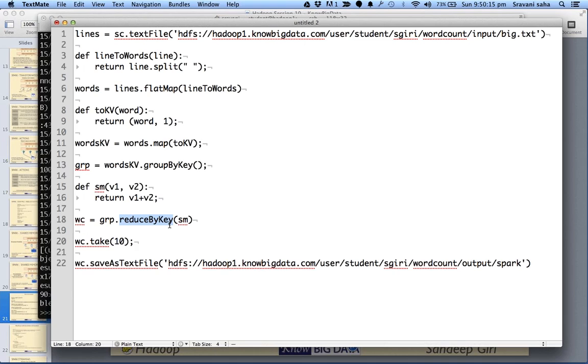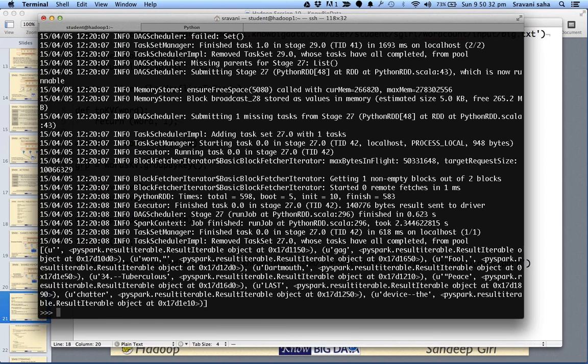All right, so what did reduce by key do? The data was already grouped by key, and for each group it executed my sum function again and again on the values to reduce each array into a single value.